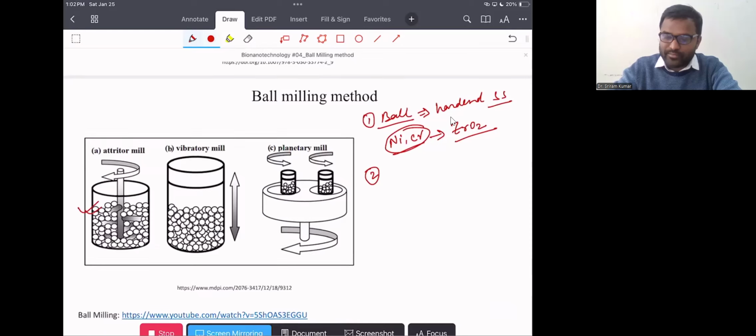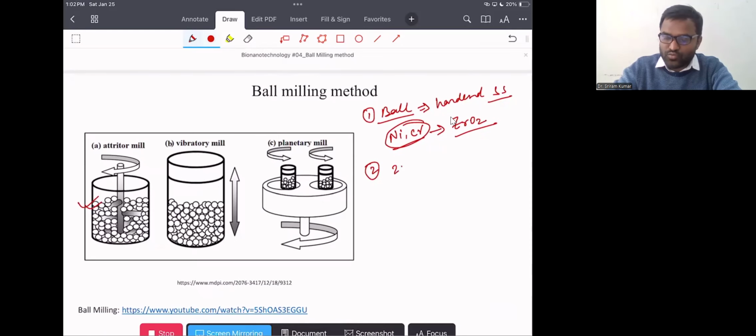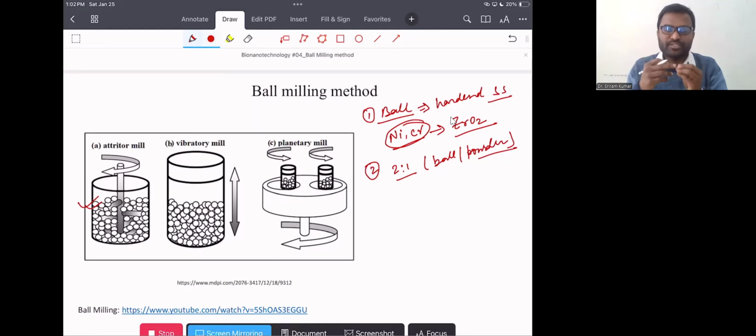Based on the report, it is a 2:1 ratio. Here, that ratio is the mass of the ball divided by the mass of the powder you want to put in that machine in the ball milling methods,